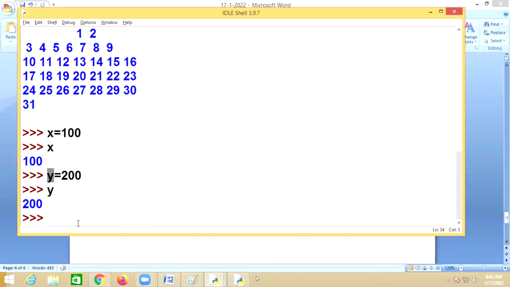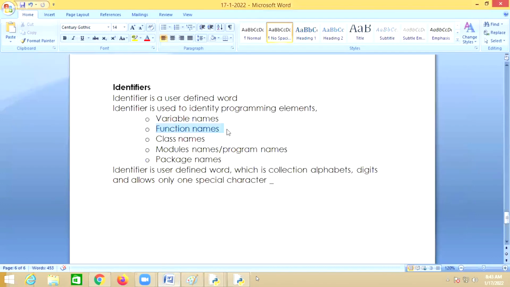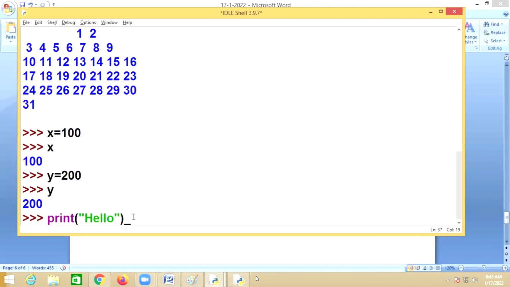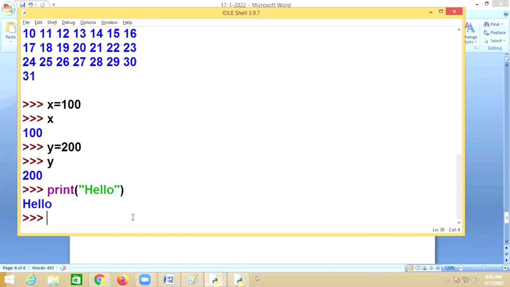For example, print. What is print here? A function name. And function names are identifiers. I'm printing a message, Hello.